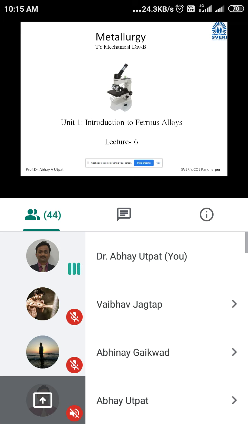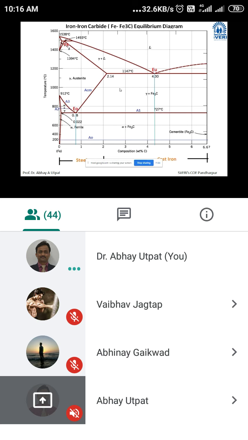So that's why it is my humble request to please draw this diagram with a scale after this class, and stick it at your study location. See it every day. Automatically you can draw this diagram without mugging. So now I will explain to you about this diagram. You can enlarge your screen.